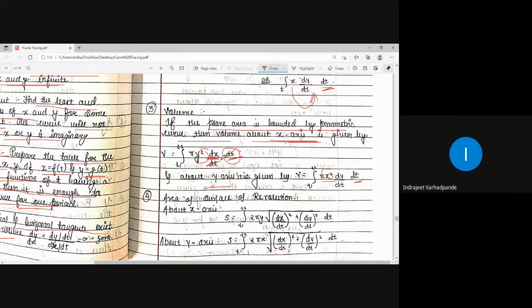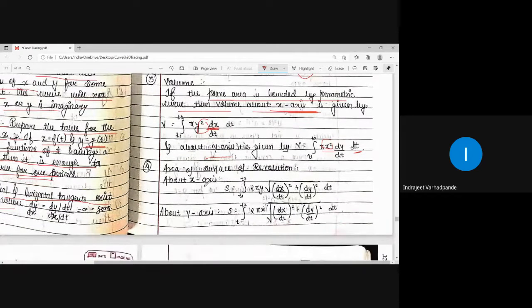In fact, I am not changing the problem. It can hypothetically be understood that it is cancelled, but differentials do not cancel like that; just for writing purposes we can think of it that way. Next, the area of surface of revolution.